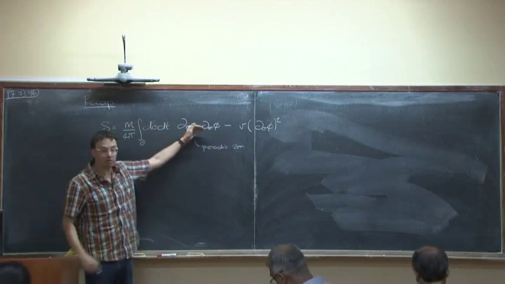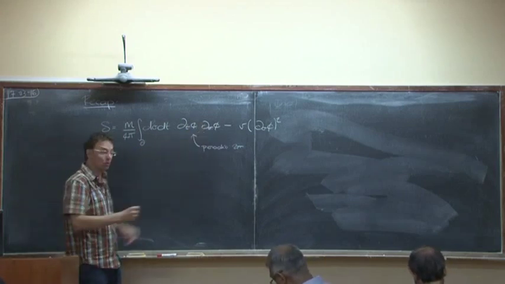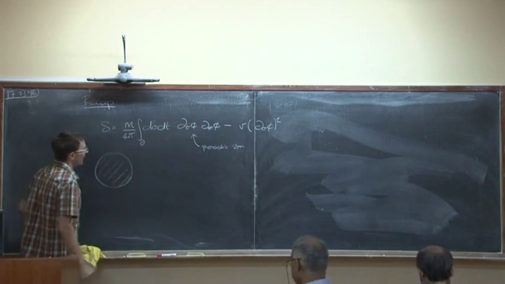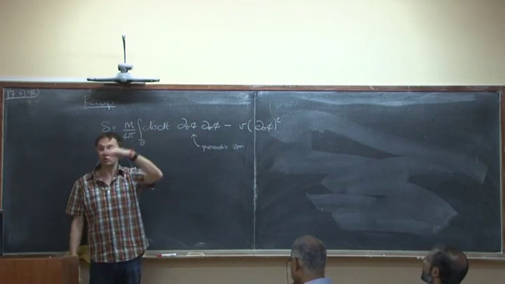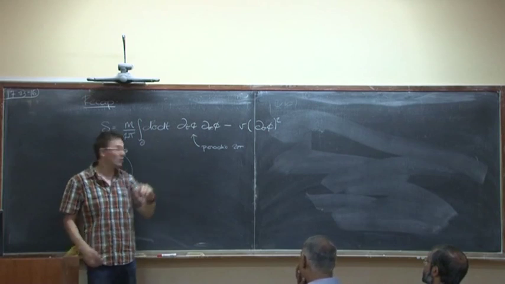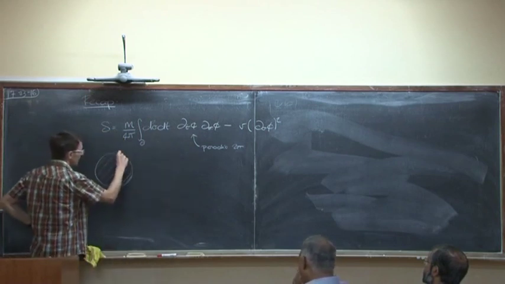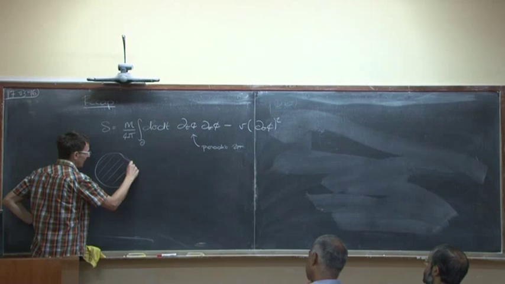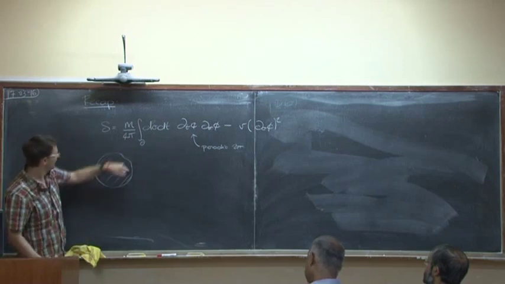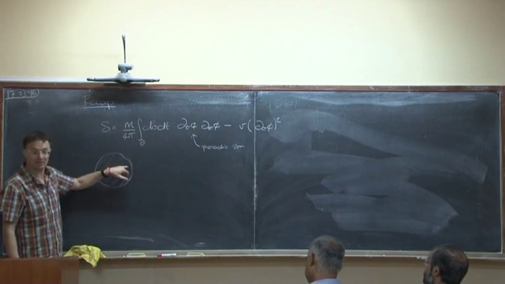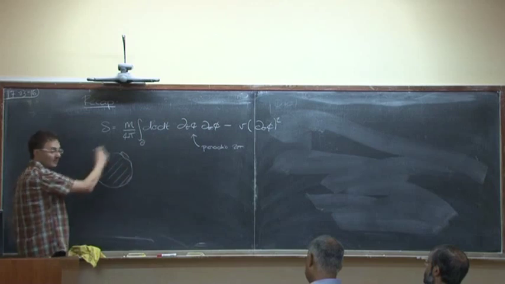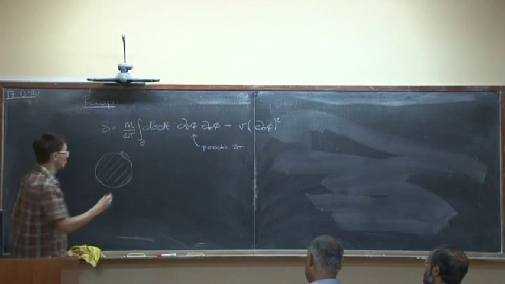And this action describes various things. So this is what the disk looks like. And if you were to just look at small fluctuations of phi, they wouldn't carry any electric charge. Okay, the small fluctuations. They correspond to basically area preserving ripples. So if it goes in somewhere, it has to go out somewhere else. And they're ripples that just move around in a chiral fashion at this speed. So they're the fluctuations of phi.